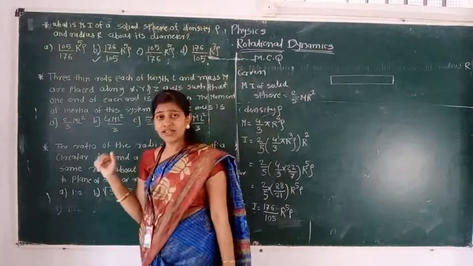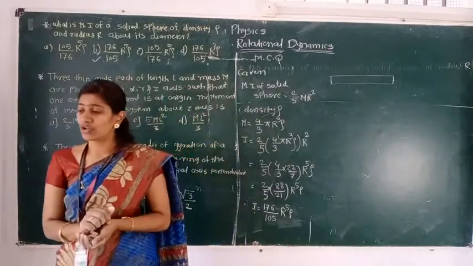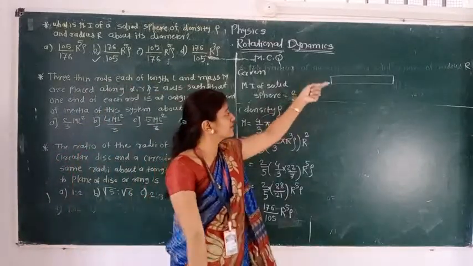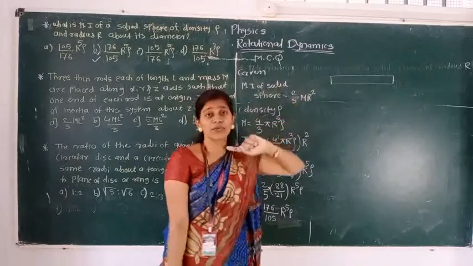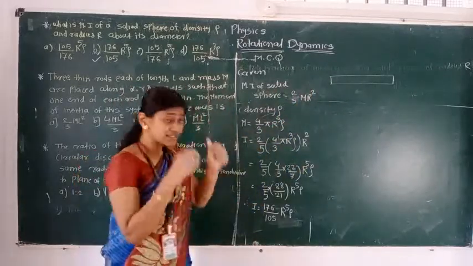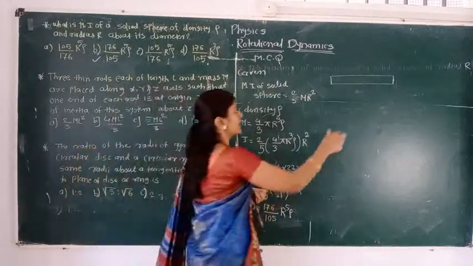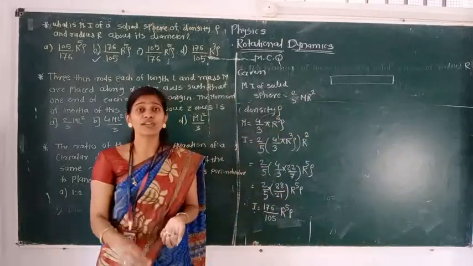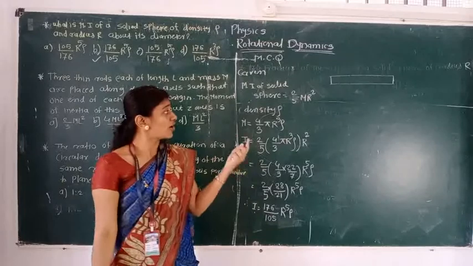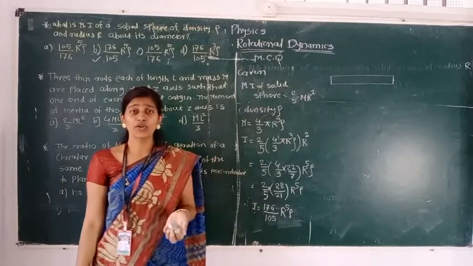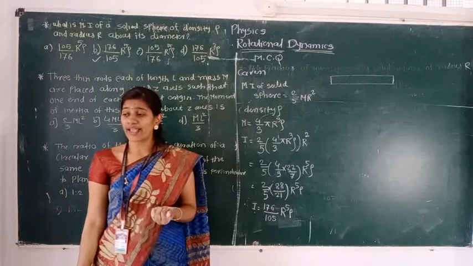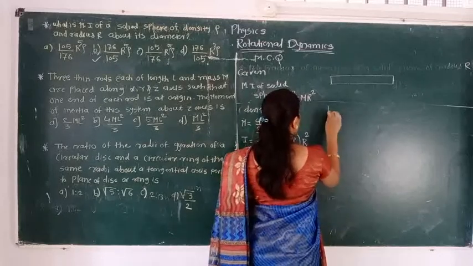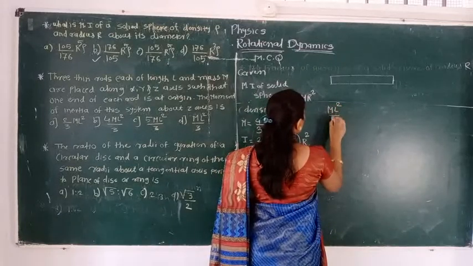about the z axis. Actually, the moment of inertia of a rod lying along the z axis will be 0, because it is a two-dimensional figure with length and breadth present there. In that system, one rod is at the x axis, one at the z axis, and one at the y axis. But the moment of inertia of a rod along the z axis is 0. But we know the moment of inertia of a rod along the x axis, otherwise along the y axis, will be ml² divided by 3.